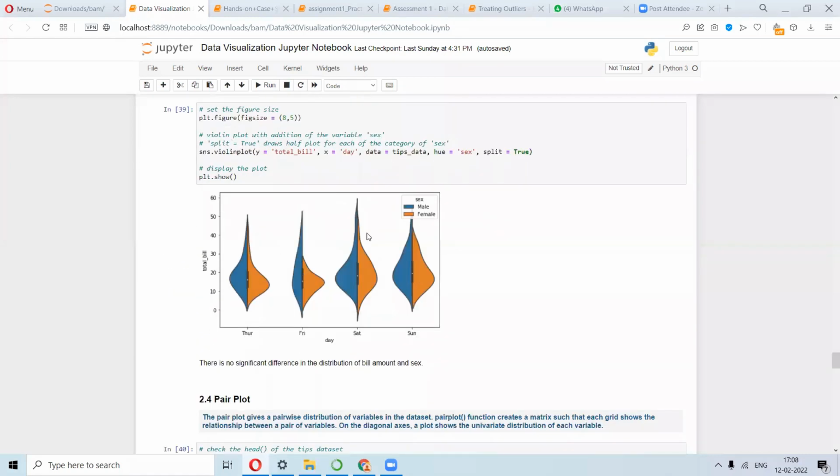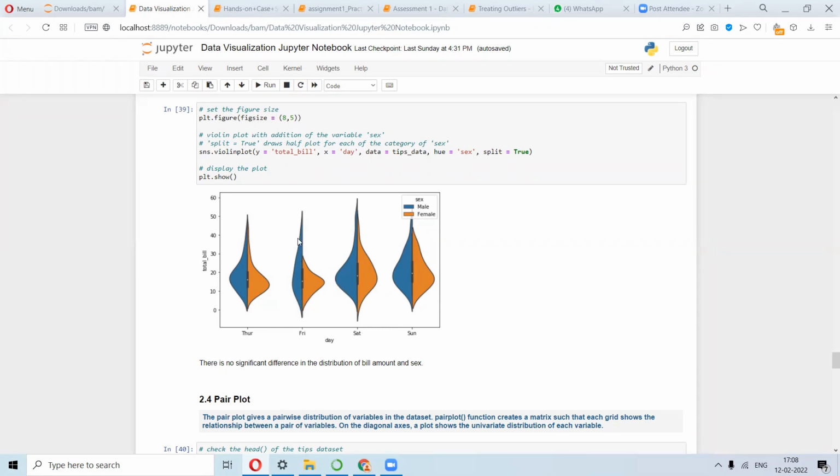Though we are having more or less similar distributions, if we divide this into males and females, with split set to true, you can see blue is for male and this color, saffron I guess, is for female. The distribution is very different for males and females.